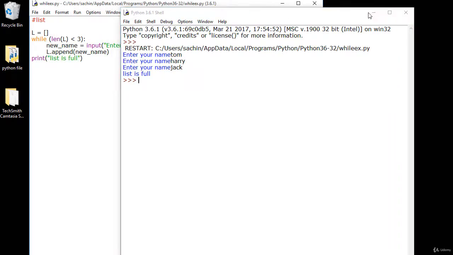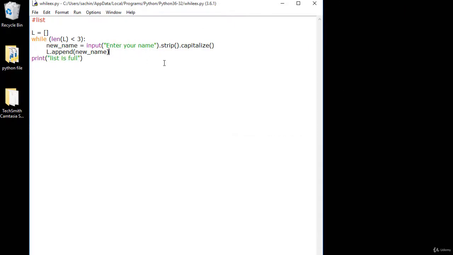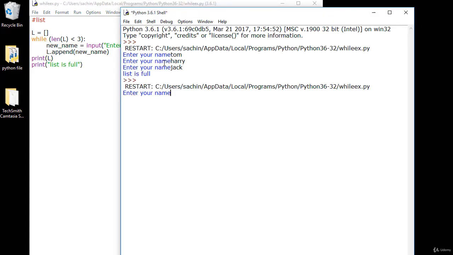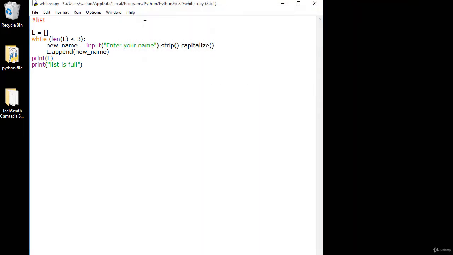And if you want to print your list, just print L here, and you're good to go. So just enter your name again, Tom, Dick and Harry, and Tom, Dick and Harry is your name in the list, and list is full because we have already shown here that the length of the list must be less than 3.